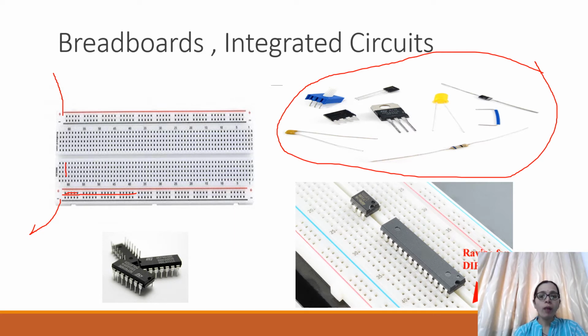And what we will be mounting on a breadboard, that is ICs. So simple ICs are shown, and this shows how to mount ICs on the breadboard. So this is how the ICs are mounted on the breadboard. While mounting the ICs on the breadboard, the notch of the IC should always be at the left side, because the notch indicates the starting pin of that particular IC. So this is the basic of breadboard and the integrated circuits.